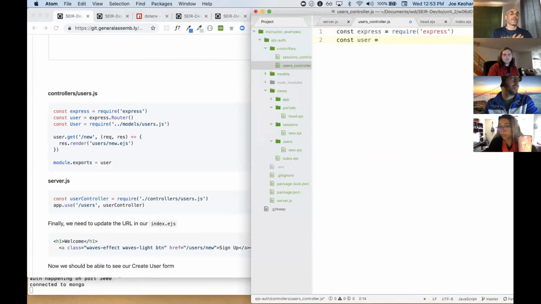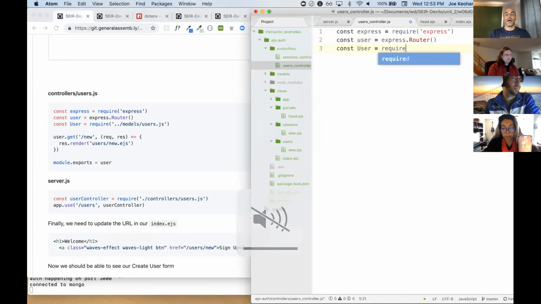When this was created by the other instructor, they had their reasonings for creating a user lowercase and a user uppercase. I think when you did it with Matt, it was called router. I always tend to go the router side, but it's in the documentation, so I'm not going to change it. We're going to invoke the router functionality out of the router method,